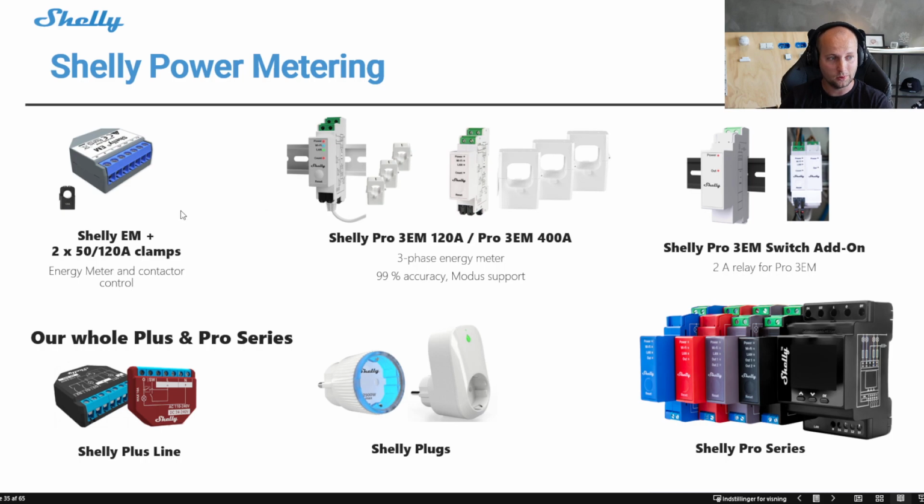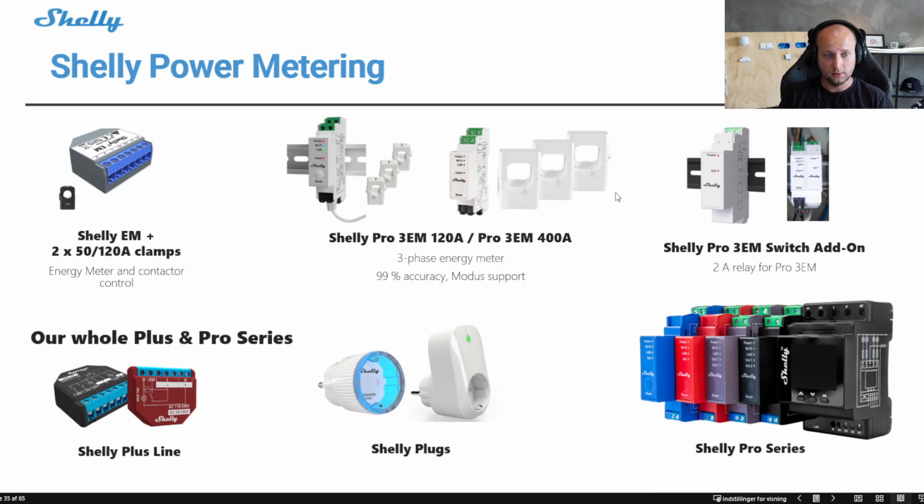So you're getting more information from this device. You're getting power information, energy consumption, you're getting voltage information, you're getting information about your current, and also about a power factor. So a lot of different informations from this device. Then it has one output, 2 amps output. It has a dry contact, so you can like control an external contact or something like that based on your consumption to make some energy controls.